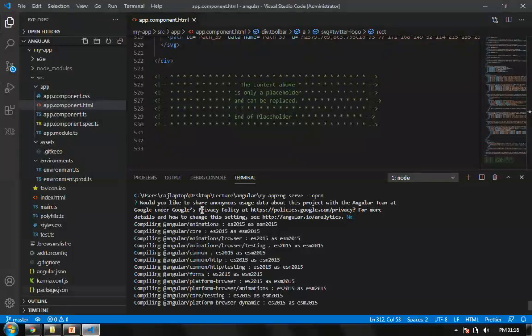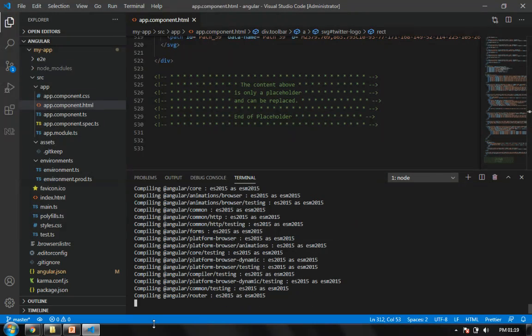Till this time, it has been opening my application. It's at the running stage. Fine. It has started with something called analysis of this. Then the animation file is installed into Angular. Then core files, then browser information, testing information, common files, HTTP, this is for communication, form tag, this is for holding your data like text, data, radio buttons, and so on. This is for your platform browser. Again, this is for testing. So on, things are being integrated and compiling. So we have to hold for 2 minutes again more.